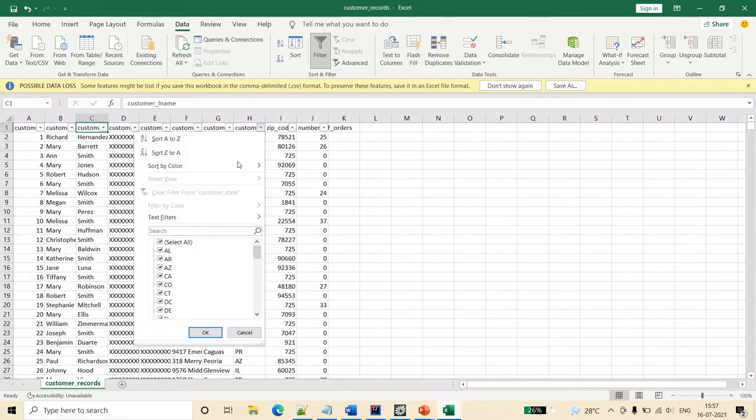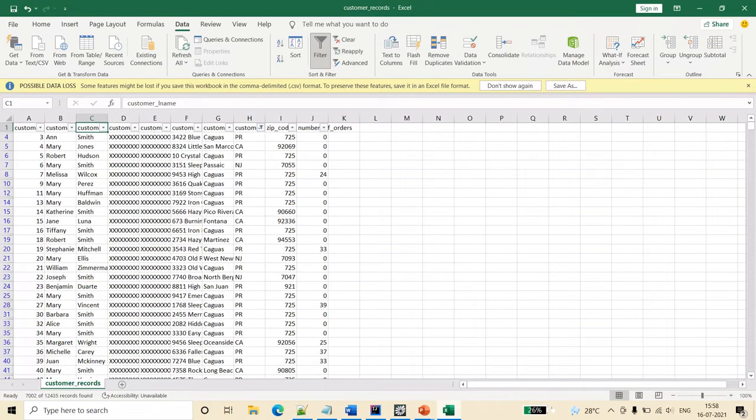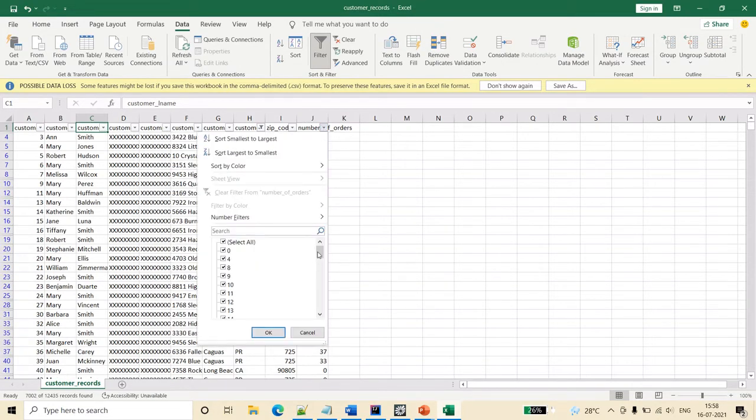Here we have taken CA, PR and NJ. In this, the maximum is 51.